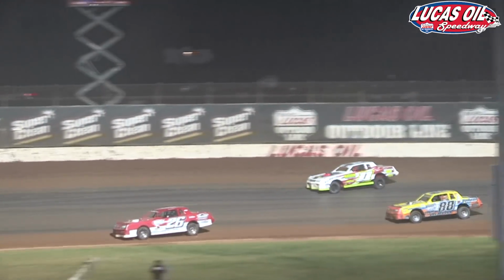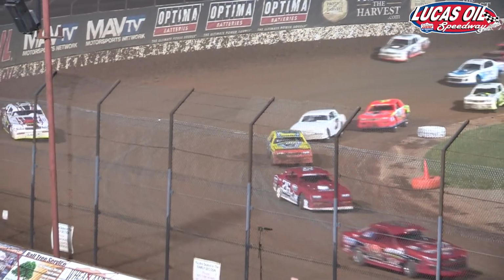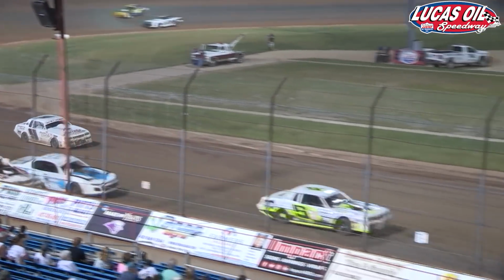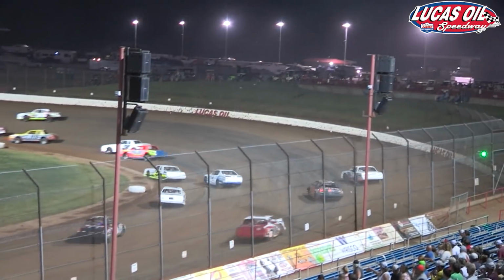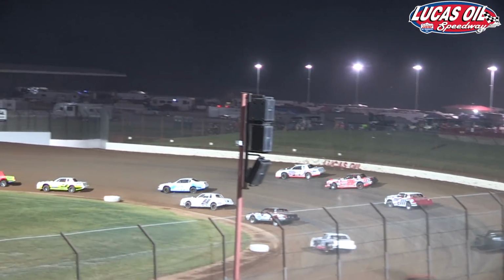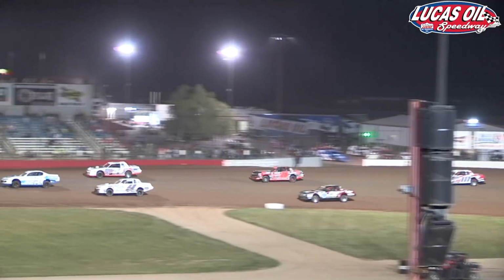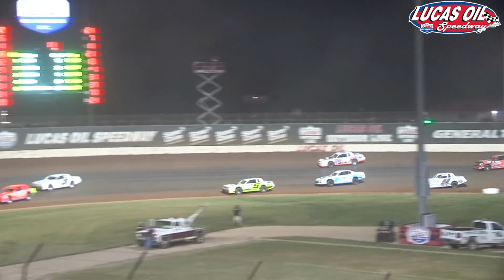Woods all alone in second place, as now the 11 of Derrick Brown drifting back around Jeff Dixon. Spider-Man trying to get around the 11, but Brown not leaving that top shelf. Burl Woods will lose some ground that time. Just a little bit of a hiccup over in turn number 2, so that will let Derrick Brown catch back up with him. Scotty Allen just continues to march away up front,